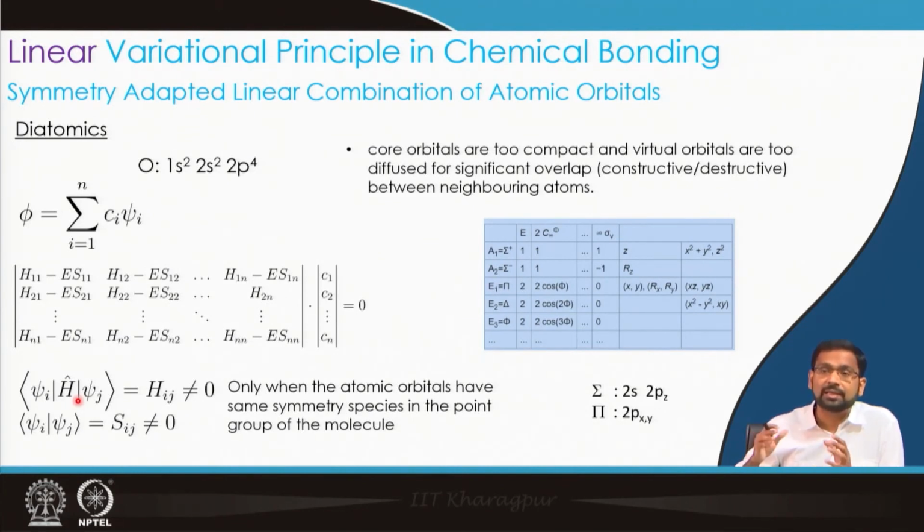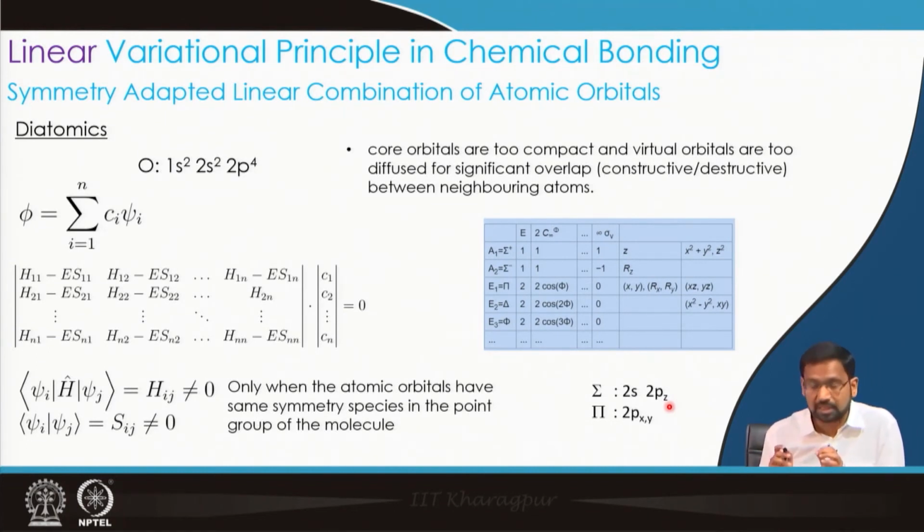That would imply that I can separately treat the sigma orbitals and the pi orbitals. Is that a good idea? Does that do anything good? The answer is yes. It helps us tremendously, because instead of solving now an 8 by 8 problem, what I